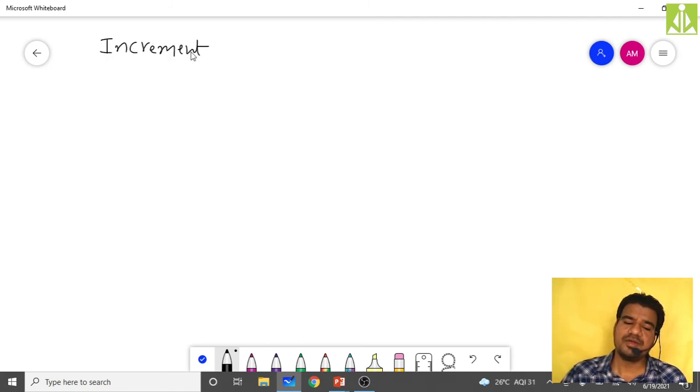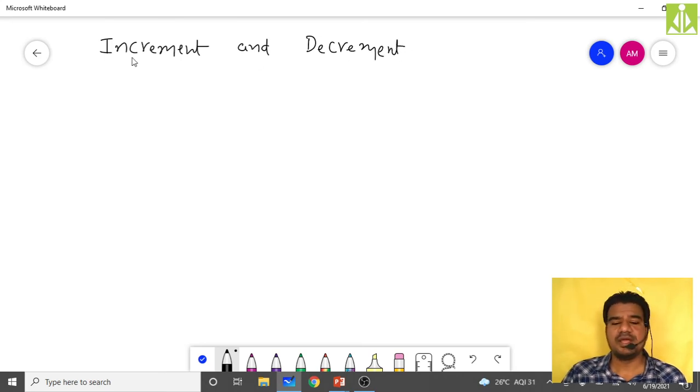Increment and decrement. First we'll go with increment, and the discussion of decrement is also quite similar. So for the increment operator, we use double plus.